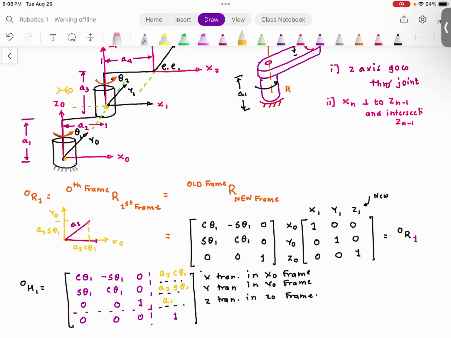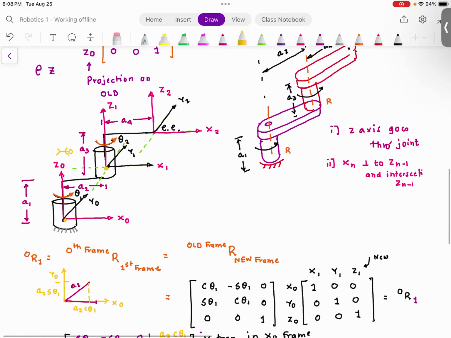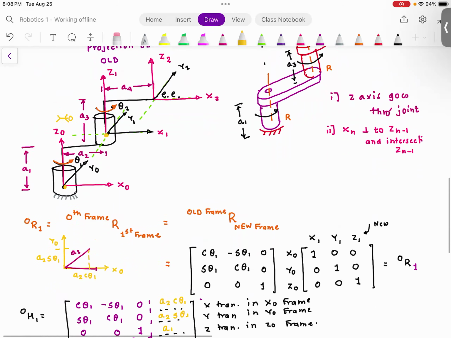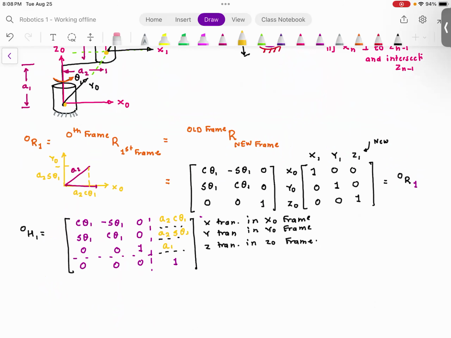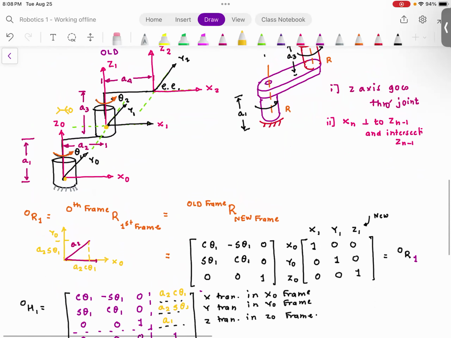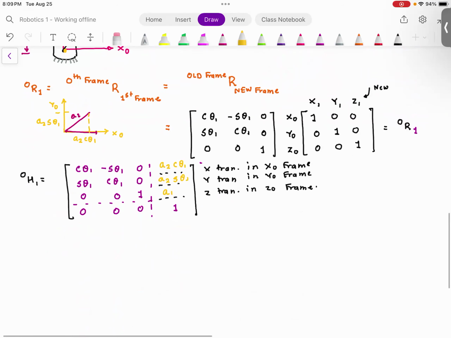Now, I want to ask you one question. I need to construct 0h2. To construct 0h2, first I need to construct 1h2. So to construct 1h2, I need to construct